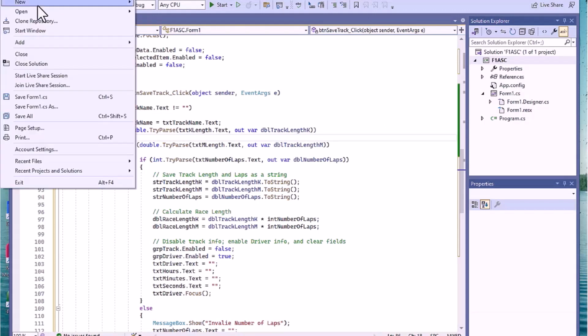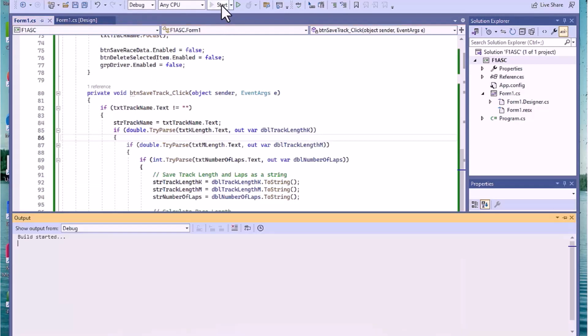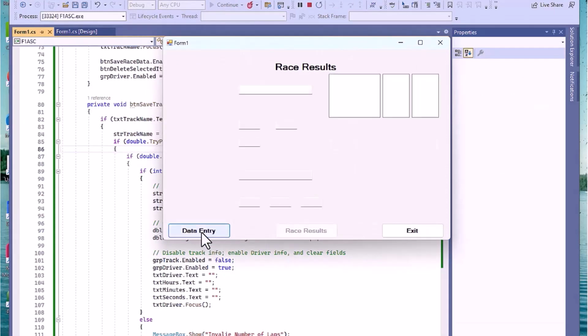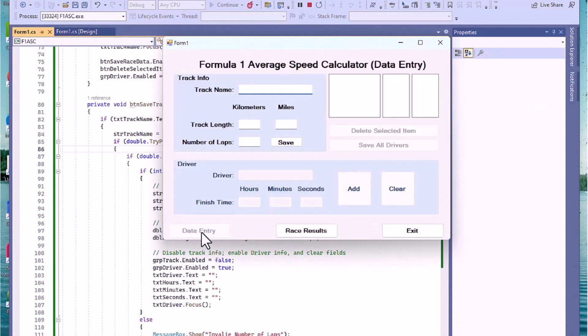Let's do a file save on this and do a quick test. See how this looks. There's our screen. Put our data entry on. Looks good. I can say Bahrain. I can put in some miles, 4.5, 3.2. I know that's not right, but number of laps 53. Hit save,